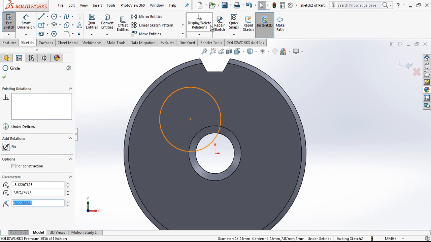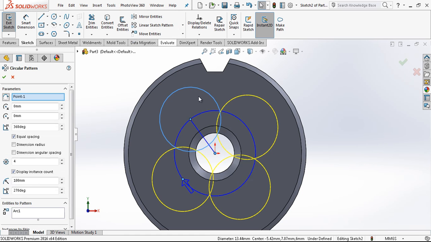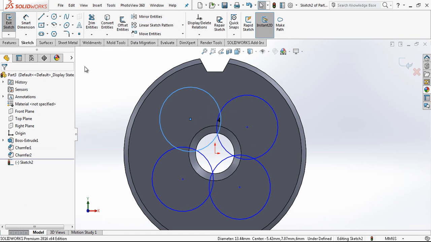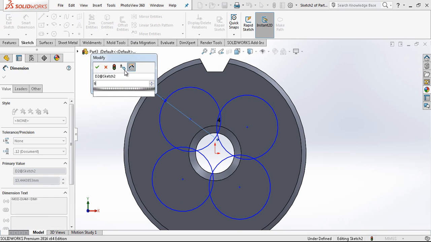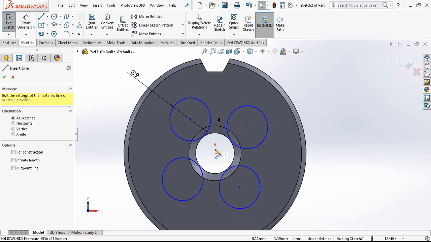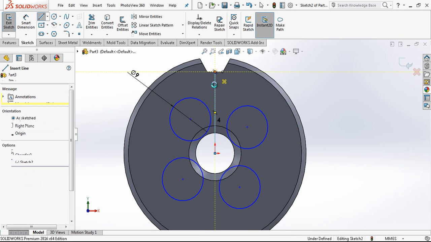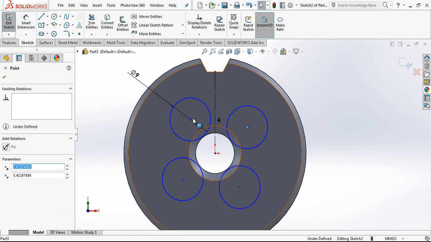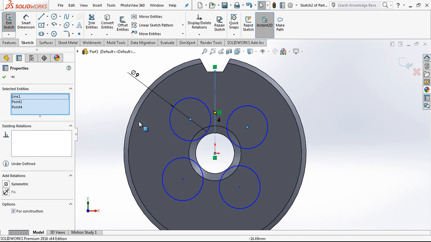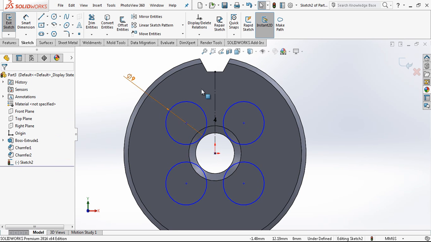Here, circle, and for the fourth time we made a circular pattern, and diameter is 9, and I'm creating a center line and making these two symmetric on that area,